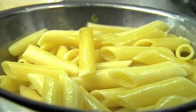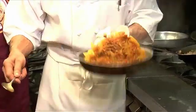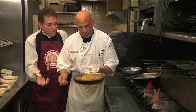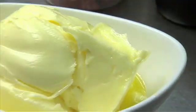I'm going to stir that in. The next step is we're going to take our pasta right in. Okay. And now we're going to toss. So now you get all the flavors from the pan and everything in there, completely. Now the next thing that we're going to do, we're going to add some